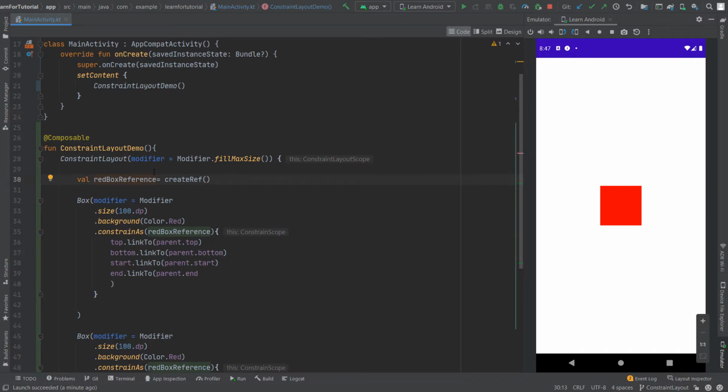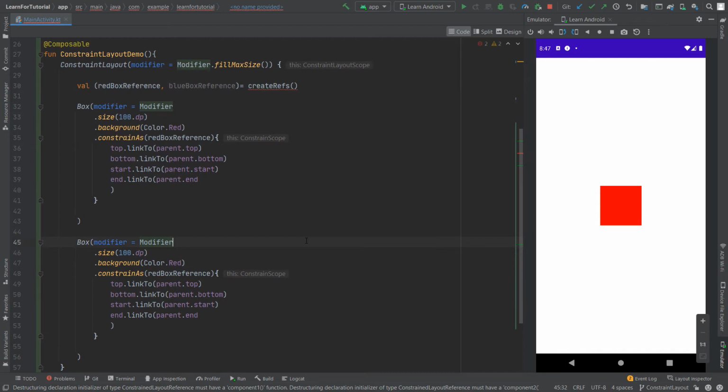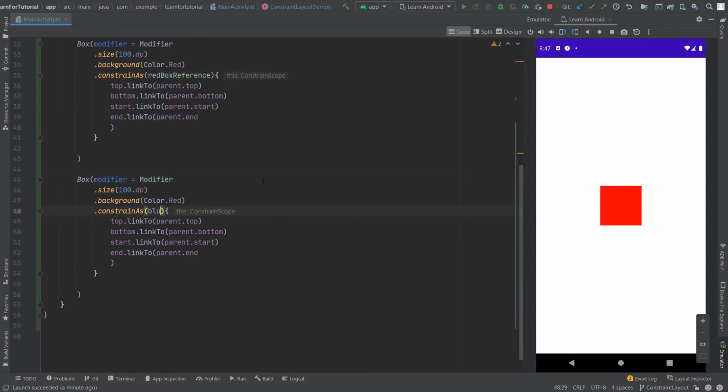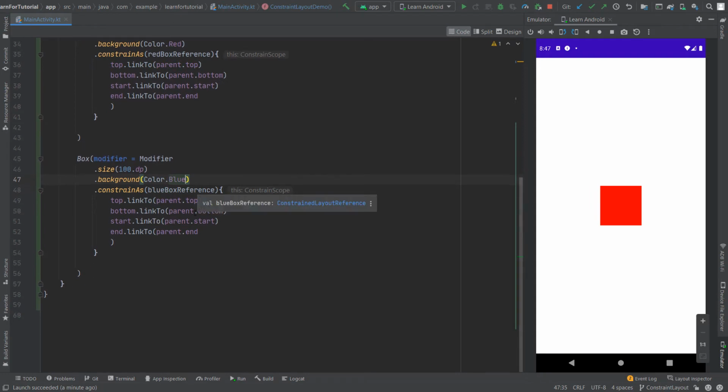For creating multiple references in a single line, we can use the brackets and place all our reference variable names, and we are going to use a special function called createRefs. CreateRefs is similar to createRef but creates multiple references. Now I am going to set our new box widget reference as blueboxReference and I am also going to set our background color to blue.